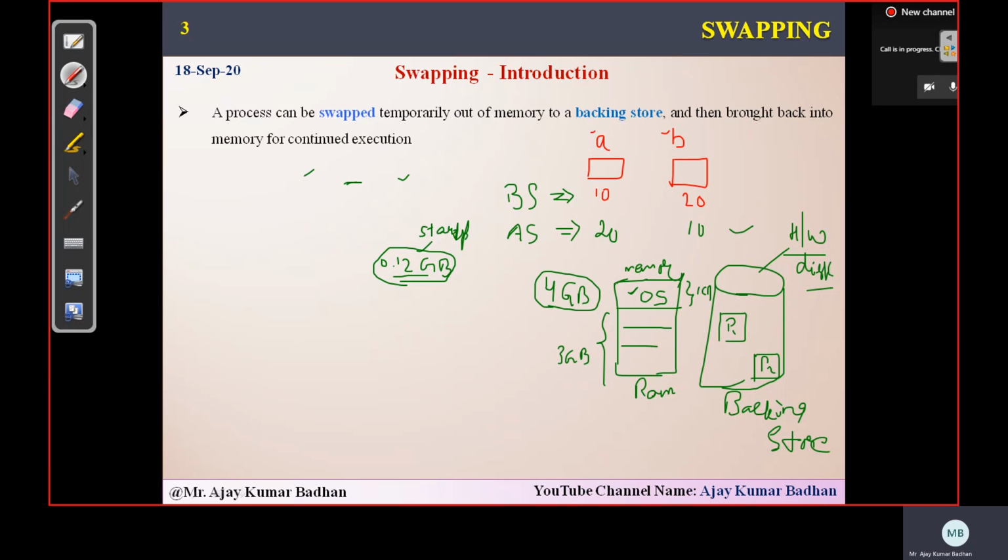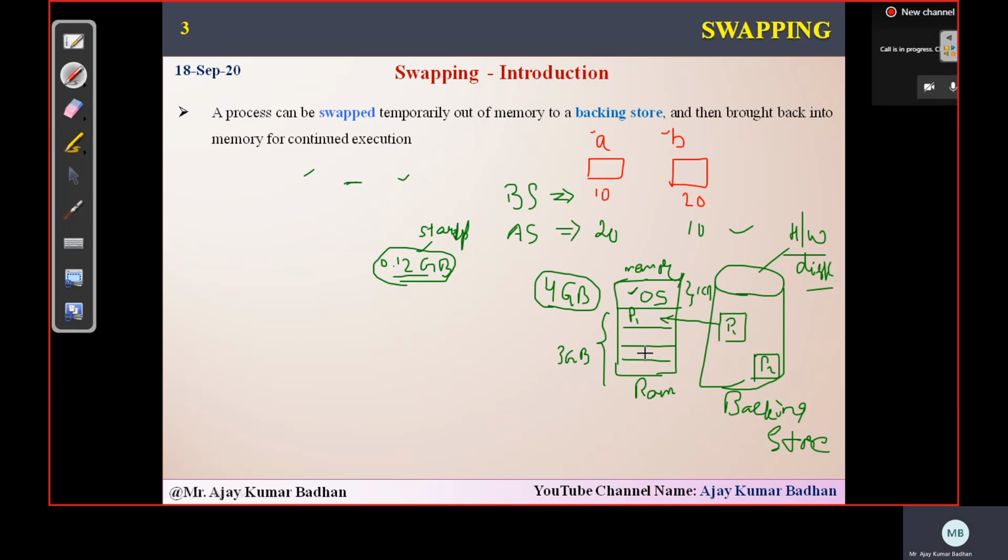And here we have some slots. We divide the remaining portion of the memory into slots, and within these slots we are going to allocate the processes. So every slot can contain only one process at a time. Remember, every slot in your main memory will consist of only one process at a time. Let us suppose I have allocated this to P1.